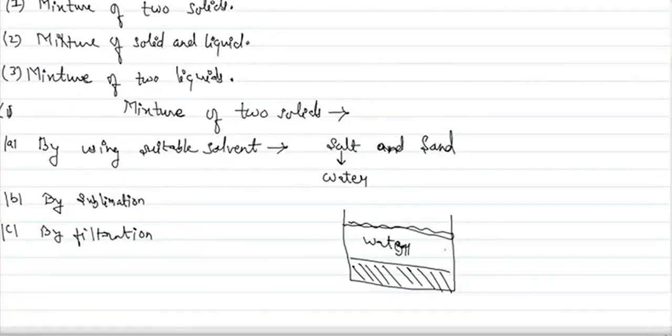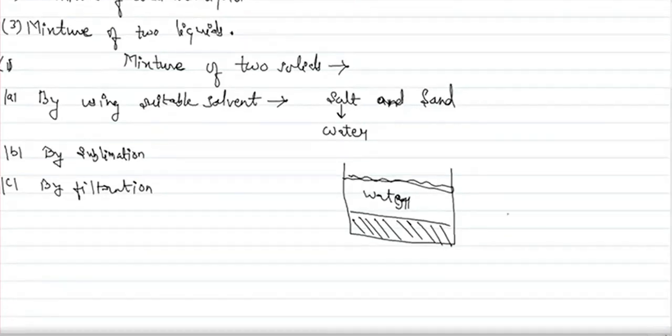So what was the way to separate a suspension? We must let the sand settle down in this solution. We will let this solution stay undisturbed for some time, and let the sand settle at the bottom of this container. When the sand has settled at the bottom, we will use a funnel with a filter paper and pour out the liquid which is present at the top of this solution.